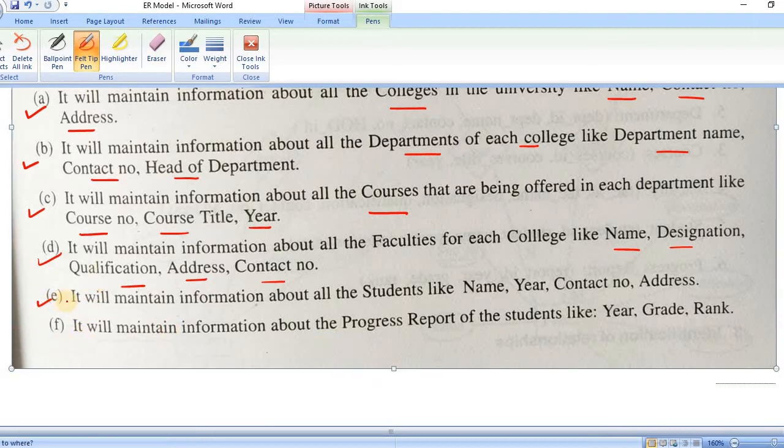Then next, the database will maintain the information about all the students, and we have to get the student details. What are the details? Like name, year, contact number, and the address of the student. We can also have the course and everything about the student as well. We can add it as per the requirement. Then it will maintain information about the progress report of the students, like the year, the grade, and the rank of the student. So this is the problem statement that we have to solve with the help of designing a database,